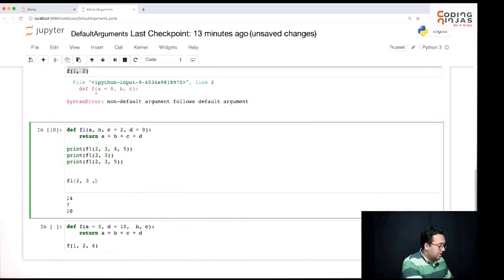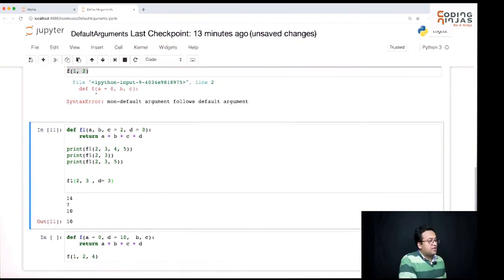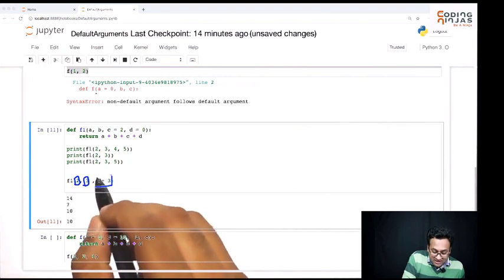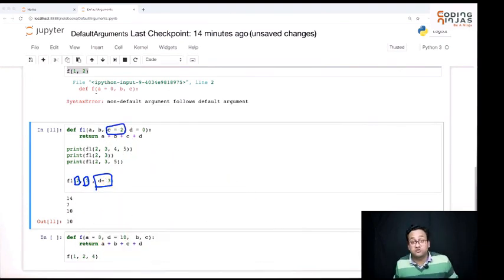They will go to A and B, and then you can say D is equals to 3, and D will take 3 as the value. So what's happening here is A takes 2, B takes 3, D takes 3, so C takes the default value, which is 2. So you can also give the argument value by specifically mentioning which argument should take it, right?